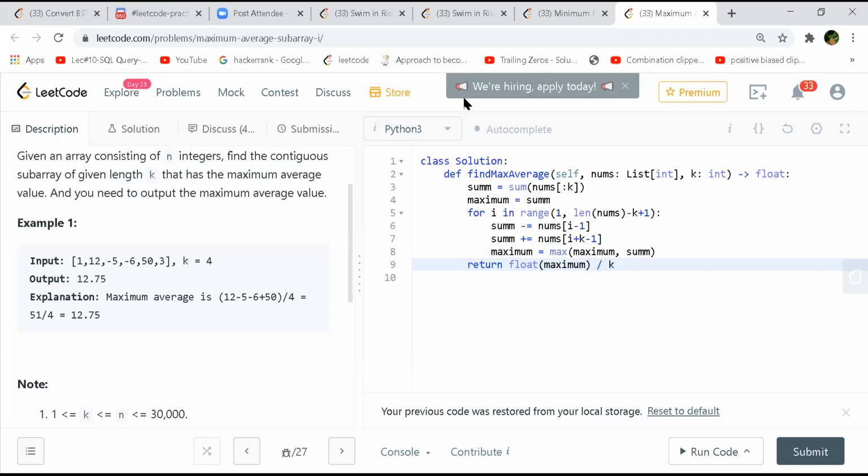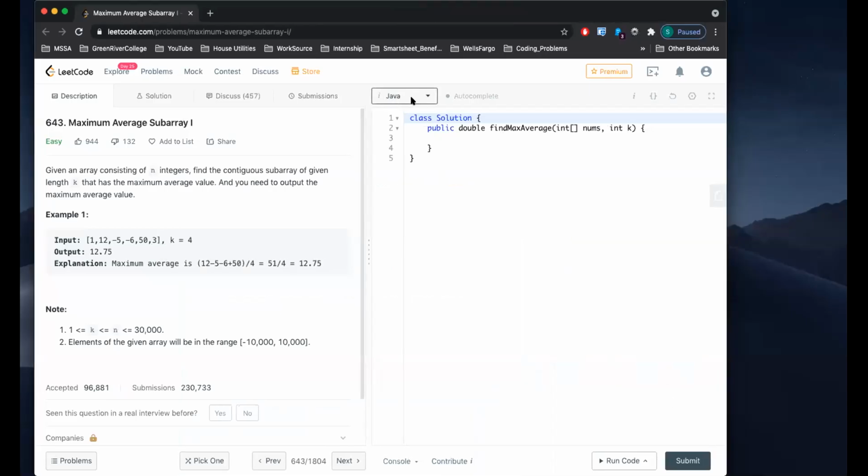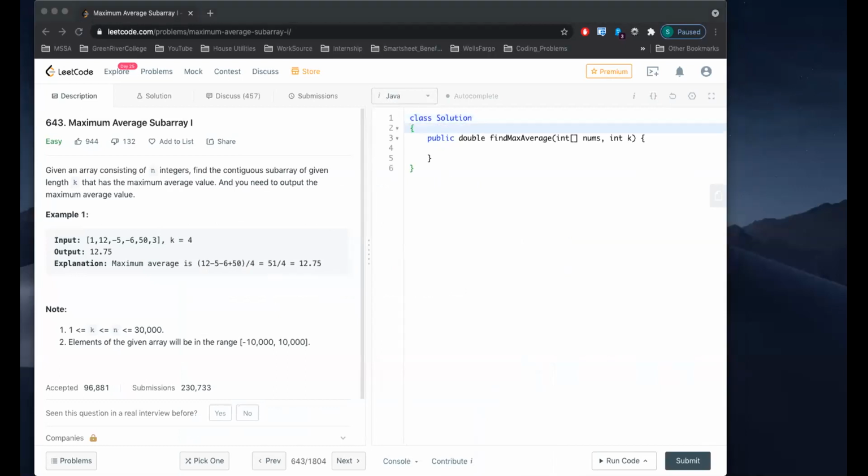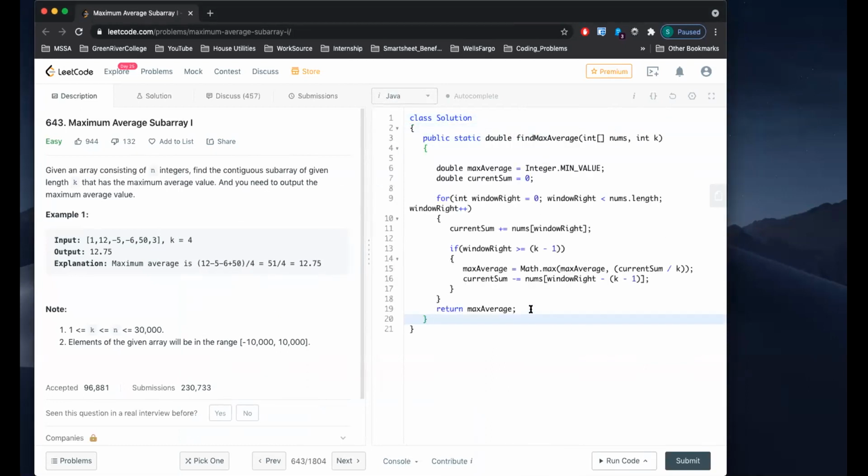You want to share, Abhishek? Yeah, I can share my sliding window. Go ahead. The brute force one would be we always set the first index and then keep track of the sum of k elements, and then we take the max of all those subarrays. That would be the brute force, n times k. In brute force, we will have a nested loop to generate all possible subarrays, so that will be n square, right?